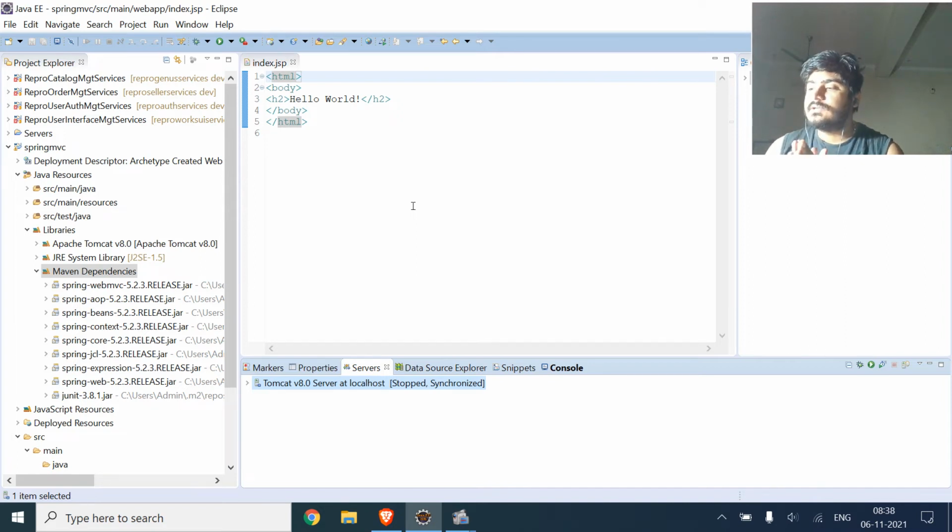Then the third, we will configure the view resolver. So I will be using the InternalResourceViewResolver class, and I will be taking the reference of the class from this view resolver, and after this we will be creating a controller which will try to accept the request, and after that we will create a view to show.